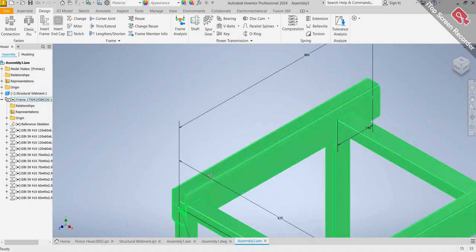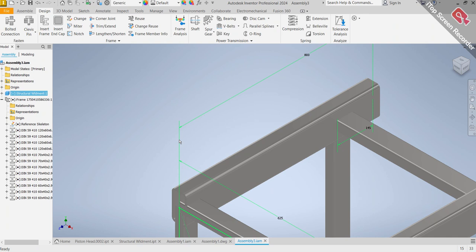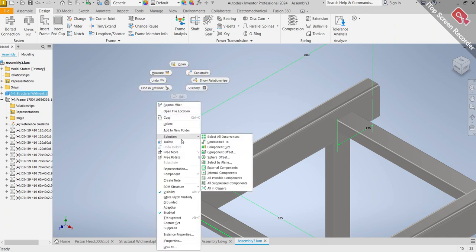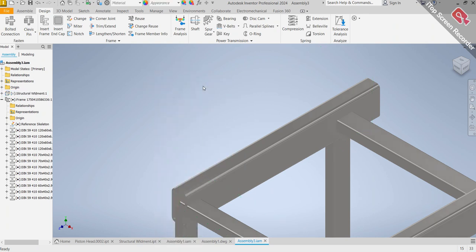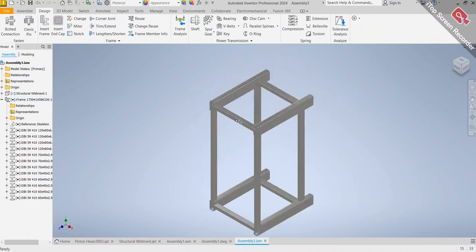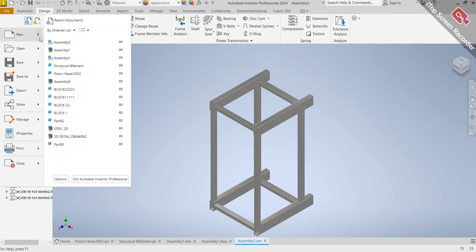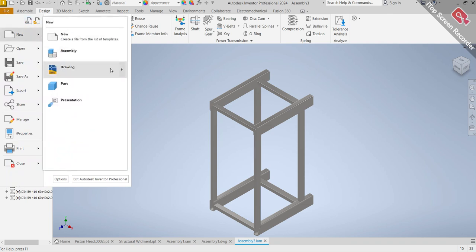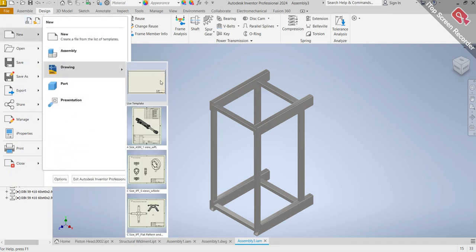So now watch please. If I click here on the dimension, I right click and I click on visibility, I have something like this. I call it assembly 3. Now I go to file, I click on new, and I want to put it on a drawing, like a detailed drawing. I click here,